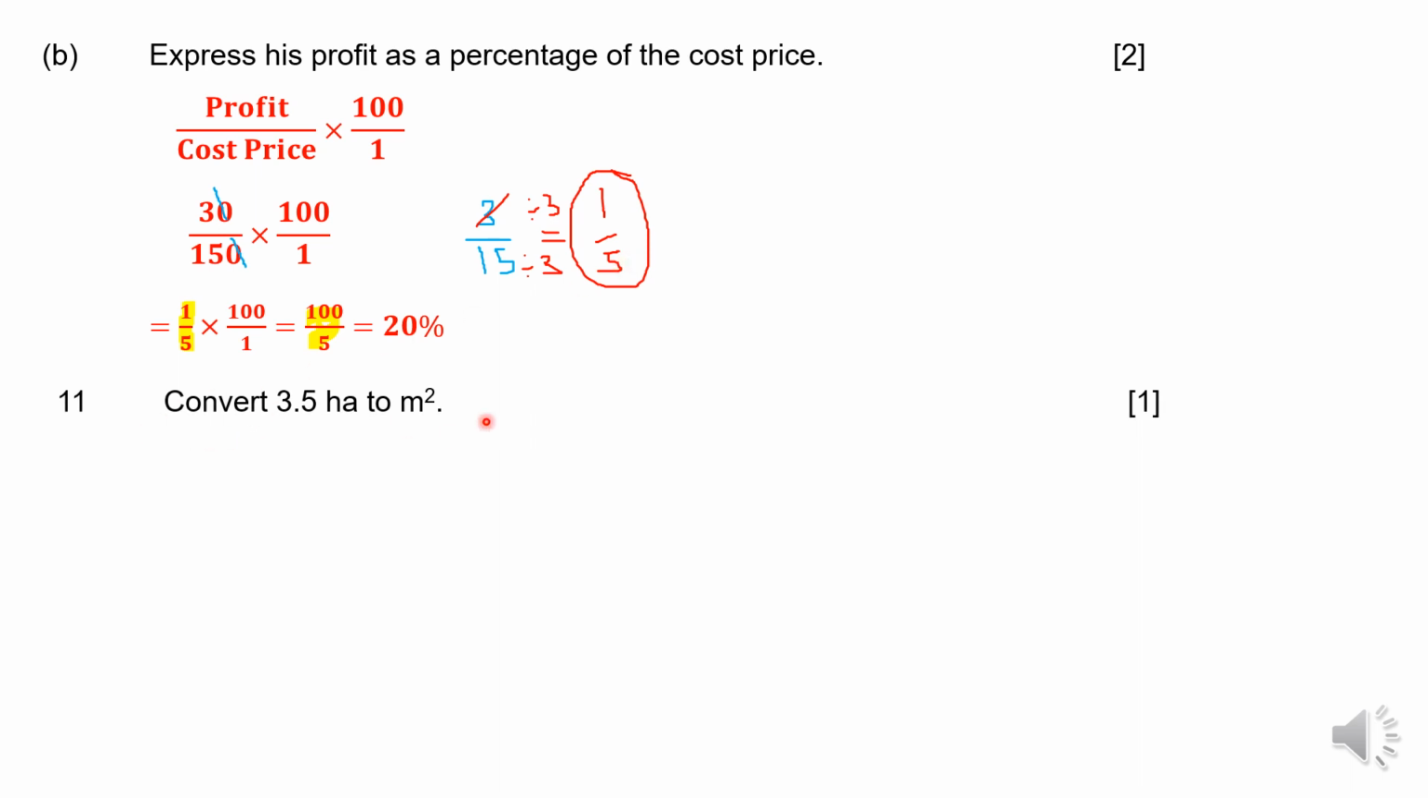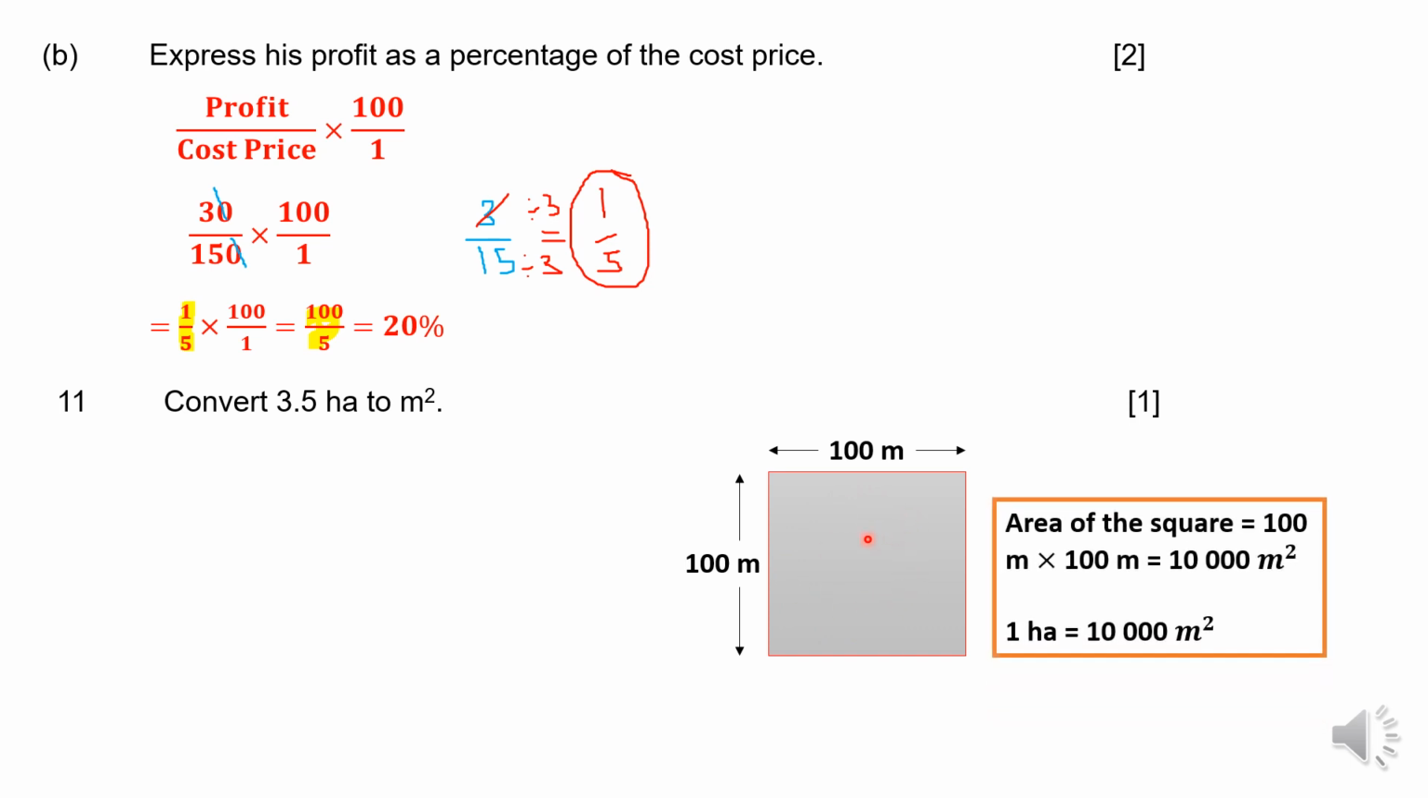Now this question here, hectares to meters square, you need to understand that hectares is just another way of talking about an area of a very large portion of land maybe. So let me bring in a little square here, and let's suppose this is a square field that is 100 meters by 100 meters. And if I was to ask you to calculate the area of the square, you will calculate the area of the square by